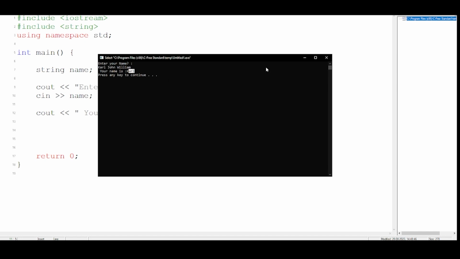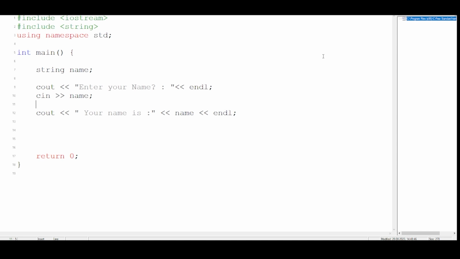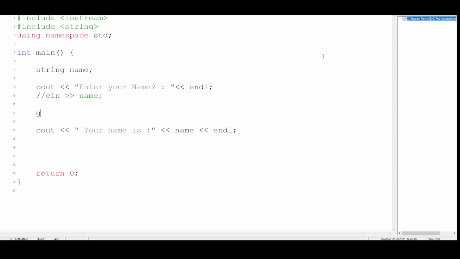So how to fix this? For fixing this, we have one string function. It will take more memory compared with cin, but it will work for full names also. So let me first comment out the cin, and I will write here the function name, which is called getline. And since it's a function, we will give brackets like this. This is how we write functions: the name of the function and then two brackets. Inside here, first I will write cin, comma, the variable. The variable is name, and give a semicolon.